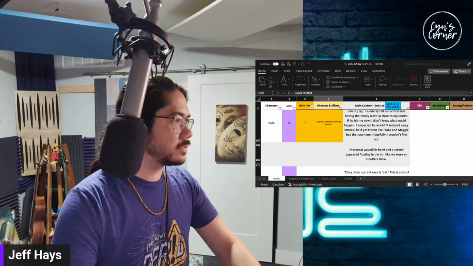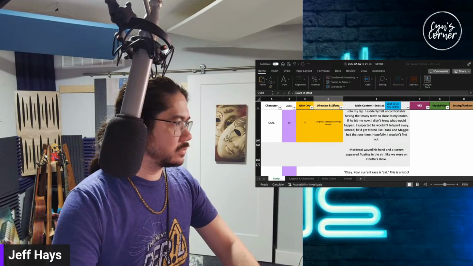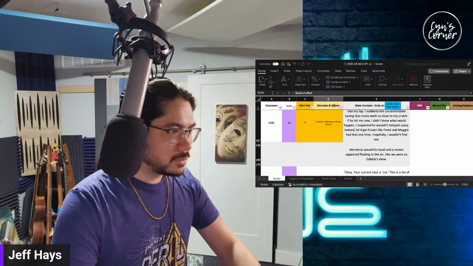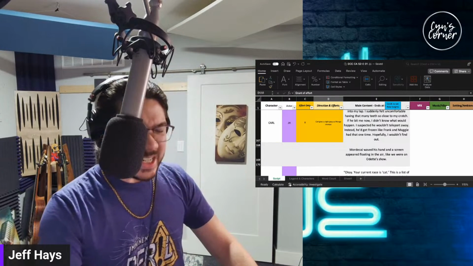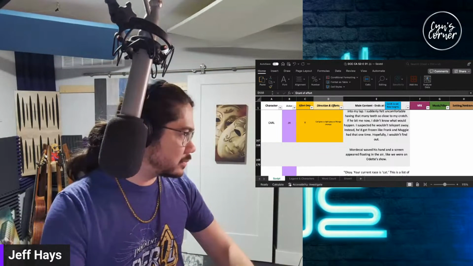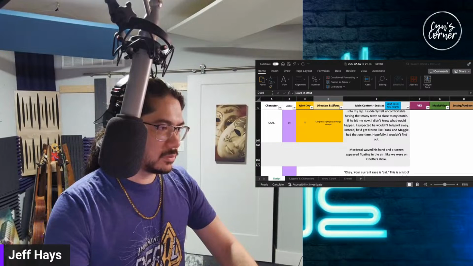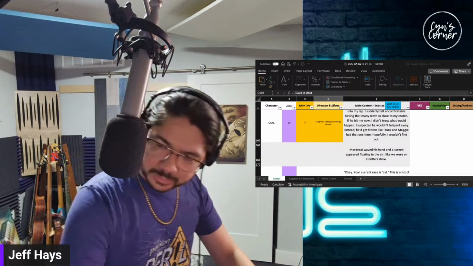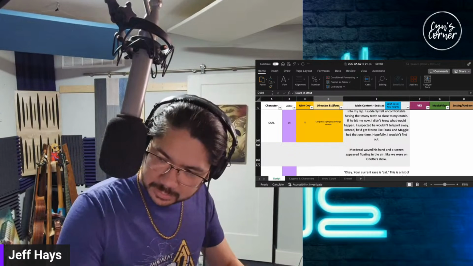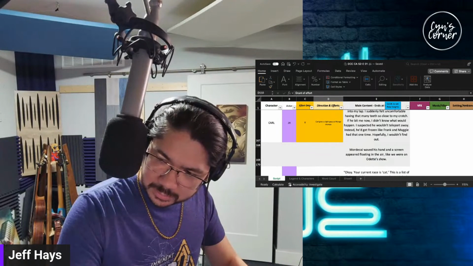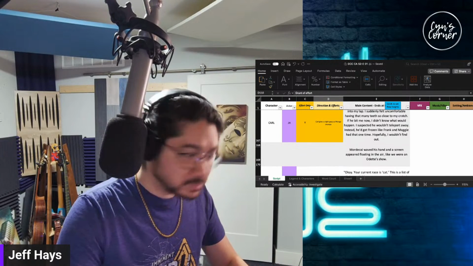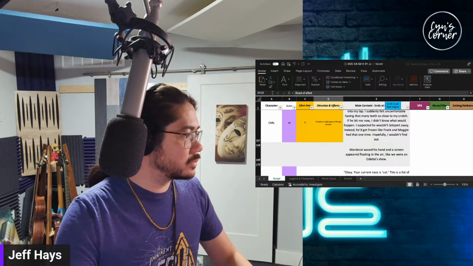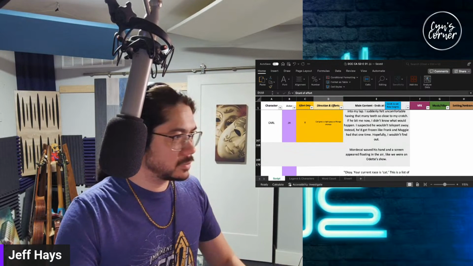My lap. I suddenly felt uncomfortable having that many teeth so close to my crotch. If he bit me now, I didn't know what would happen. I suspected he wouldn't teleport away. Instead, he'd get frozen like Frank and Maggie had that one time. Hopefully, I wouldn't find out. Mordecai waved his hand and